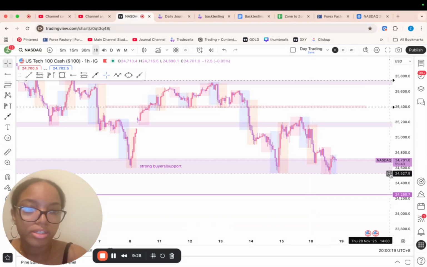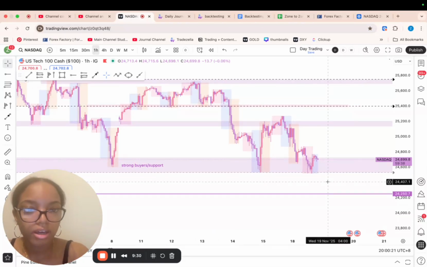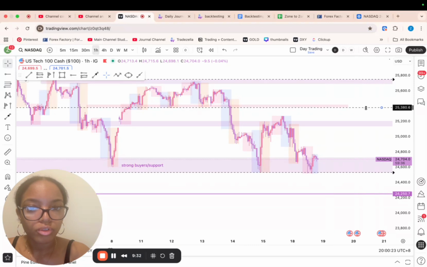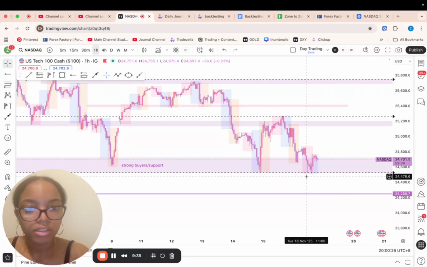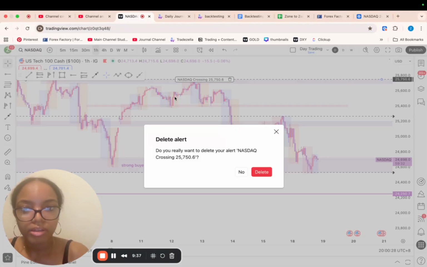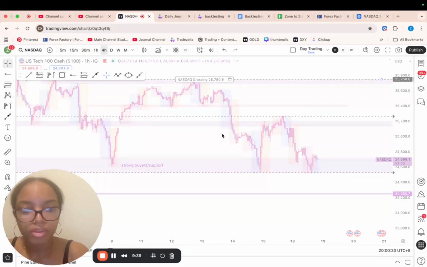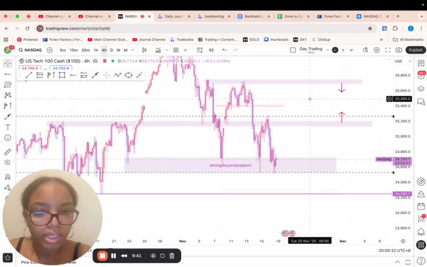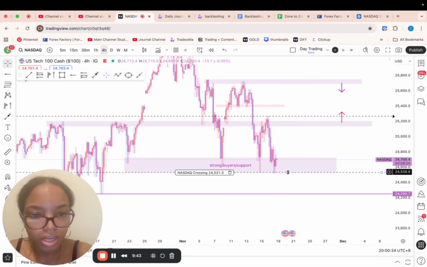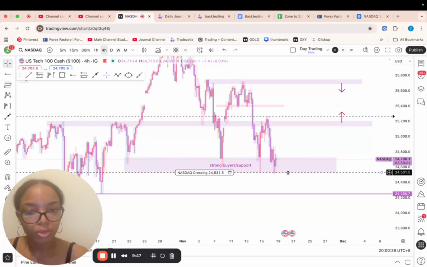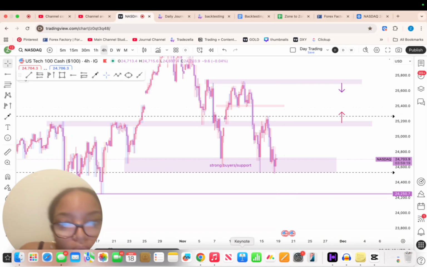Yeah, that's really all I want to see. So to set my alerts, I'm going to set one here. I'm going to move this alert here, because I feel like those are my two areas where I have the most interest. Is price going to break this high, or is it going to start breaking this low properly? Hopefully, if I do see price break this low, it will give me a lower high as well.